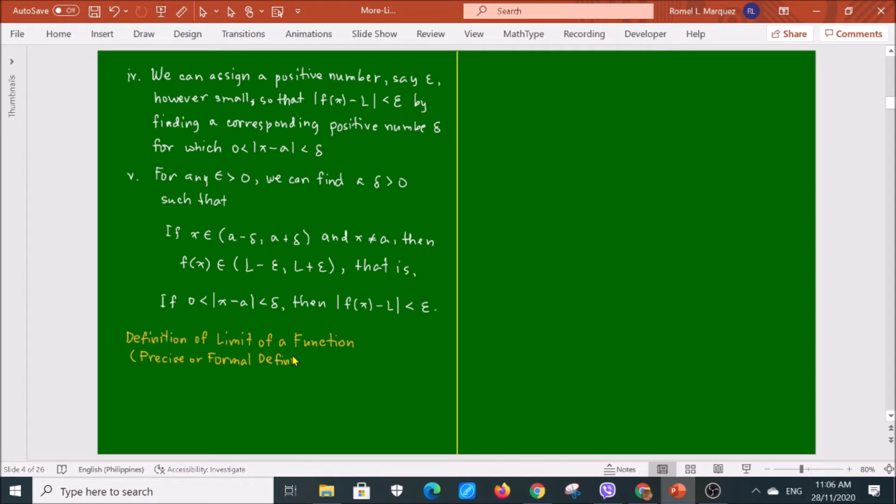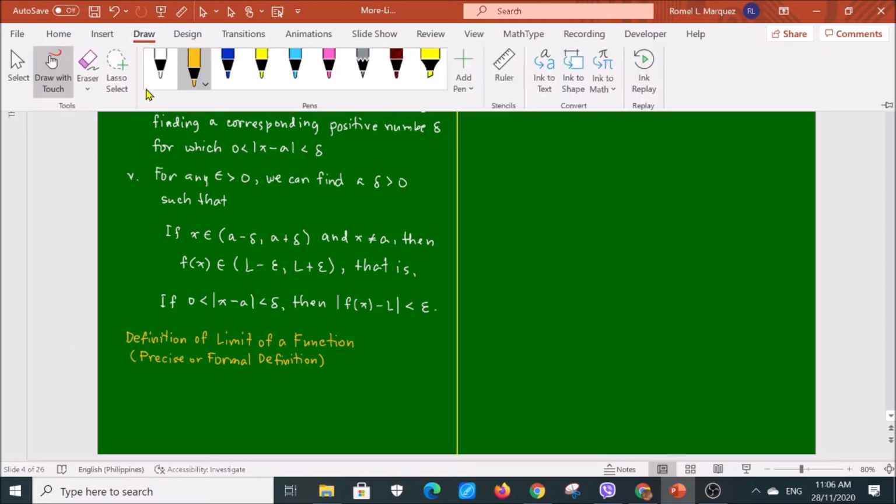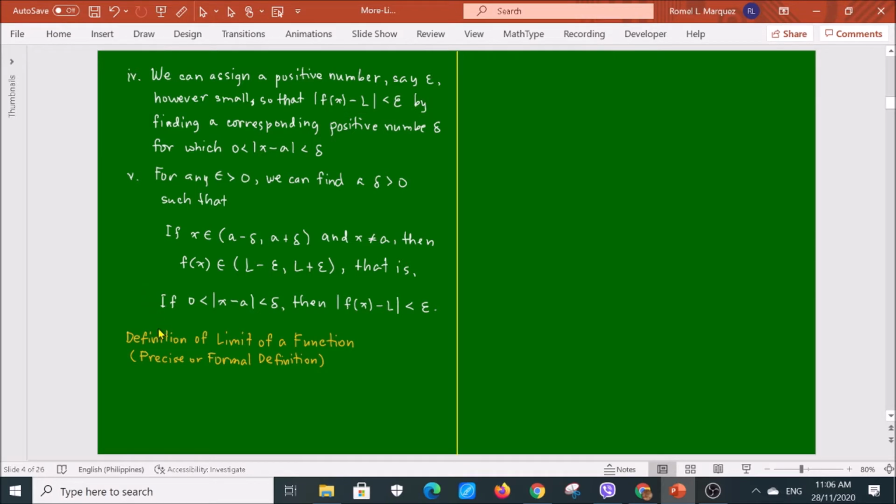What we had before, again, was the intuitive definition. That is the informal definition. So this time, formal. So let f be a function